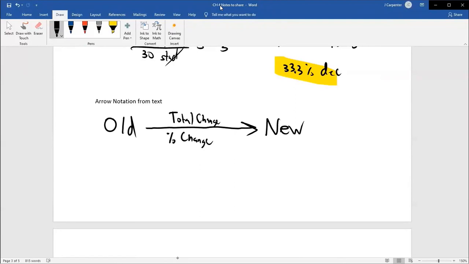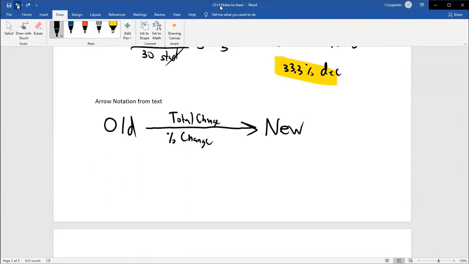Some other person could have some little box and they go old, new, total change, percent change. I was looking at the word new there. That was on me. And the problem with doing it this way is that you might think, oh, this is a proportion. No, it's not. Don't think of it that way, which is why this textbook does not do it that way. Just because you see a table of numbers doesn't make it proportional. You have to be told it's proportional or rationalize that it's proportional.